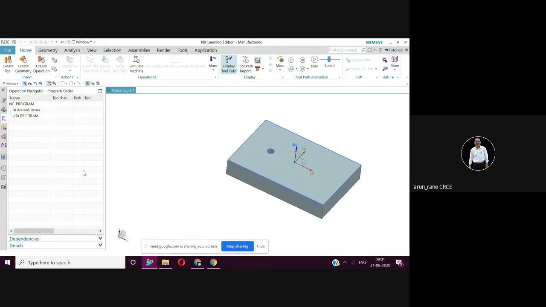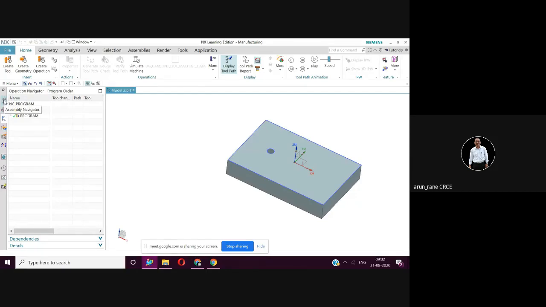Okay. So let's continue. Last Monday I had shown you the face milling. Now we will do the side milling of this component. So this is how it will look when you go to manufacturing in NX. This is a ribbon.